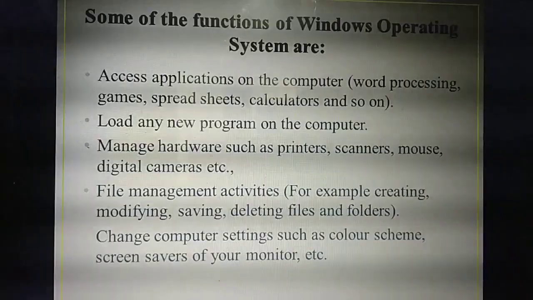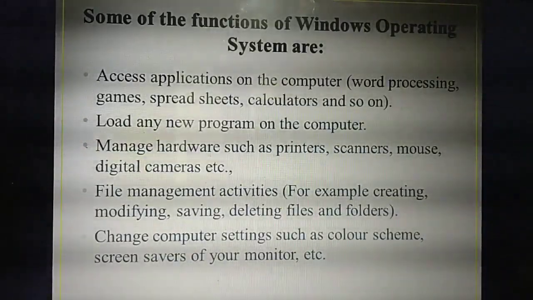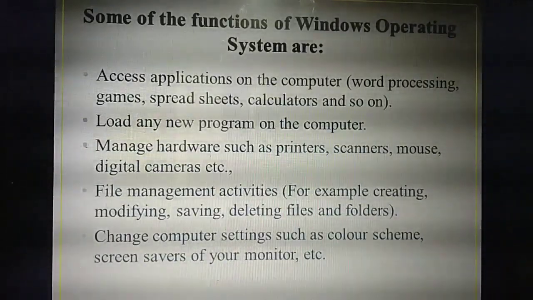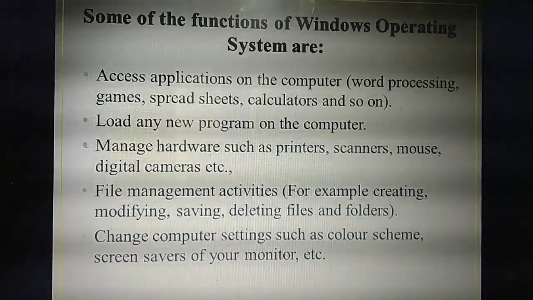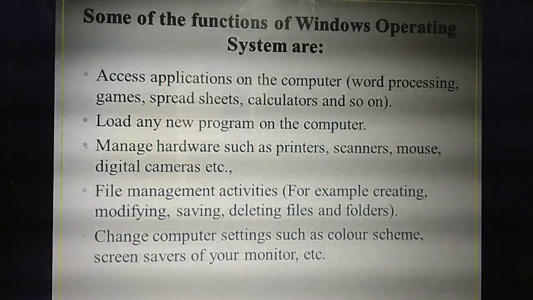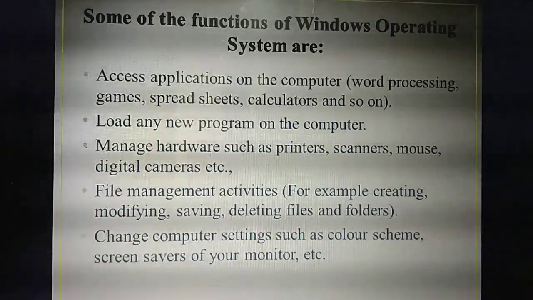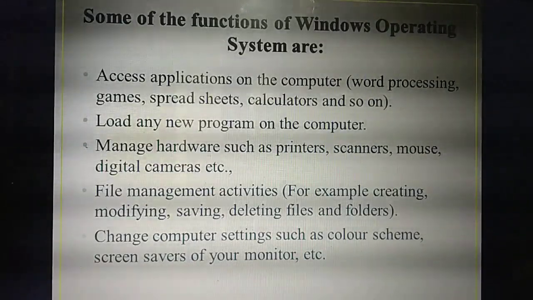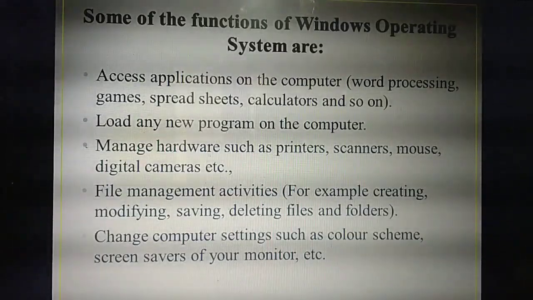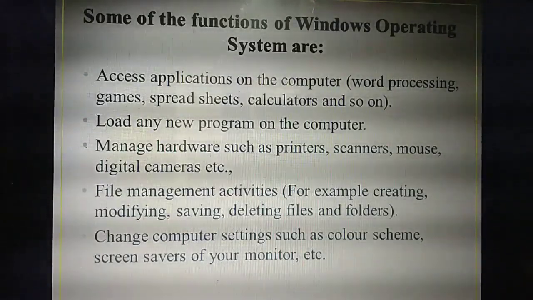YouTube, MX Player, WhatsApp, FB, all these applications. You are installing these applications in your mobile phone, and your mobile phone will access the application. What do you mean by access? It will accept. The particular mobile phone will accept the applications and you are going to use them in your mobile phone.